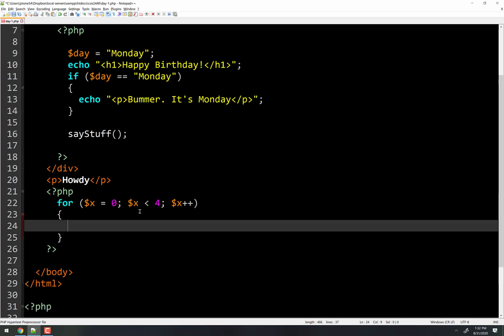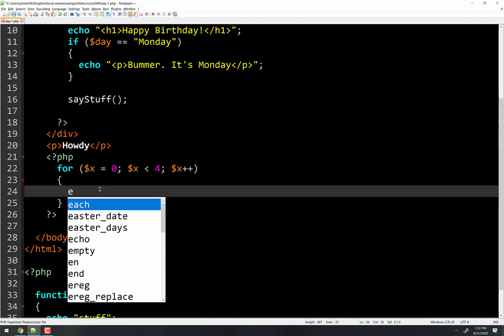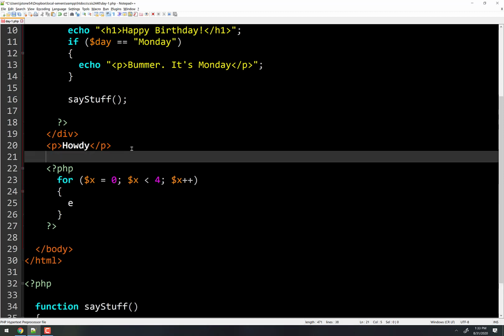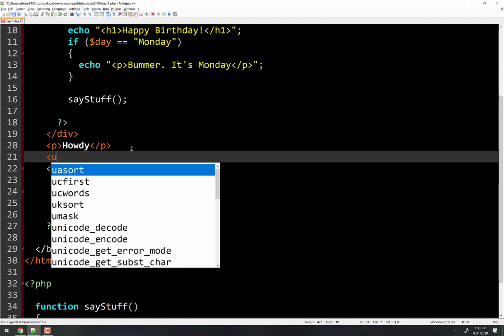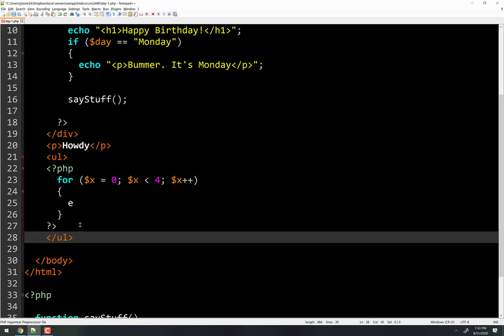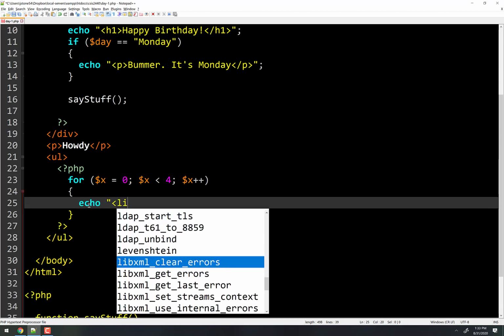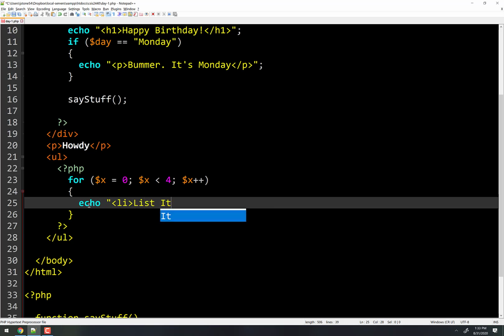If you're not familiar with what's going on right there on line 22, then go back and watch the JavaScript videos on my playlist, and I'll give them to you if you don't know where those videos are, okay? For the for loop here, actually outside of this, here's a good use case for doing nesting in PHP like this. I'm gonna make an unordered list, okay? So I'm opening and closing the unordered list tag, and then inside of here, I'm going to echo, and we'll say li list item